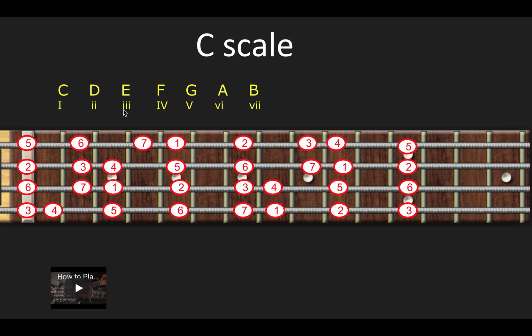So C is probably the easiest key to think about because there are no sharps, so everything is just natural. If we look at it on the bass, the C note is your number 1, your D is number 2, your E is number 3, F is number 4, G is number 5, A is number 6, and B is number 7. Your C is found on your A string on your 3rd fret, and then on your G string on your 5th fret. So pretty much what I've done is that I've labeled all of the notes of the C scale